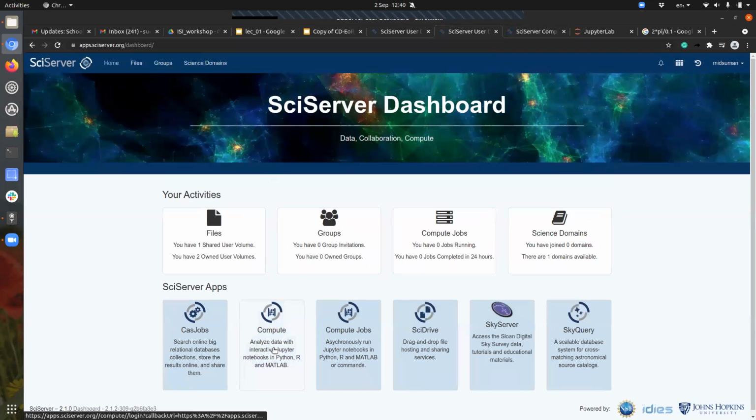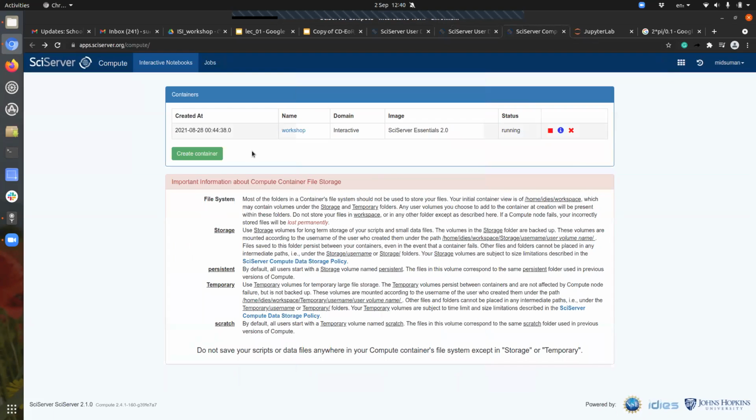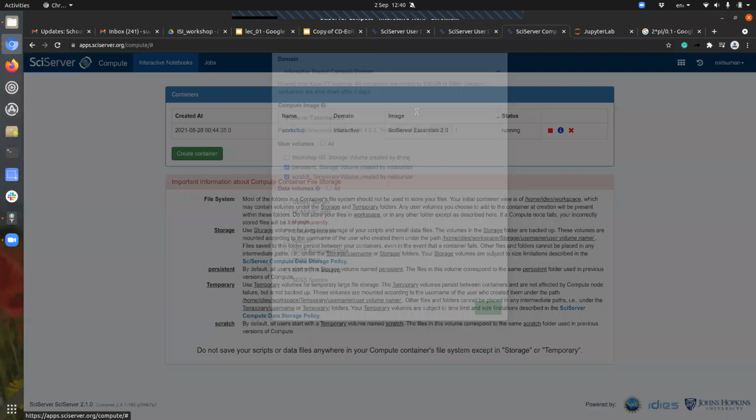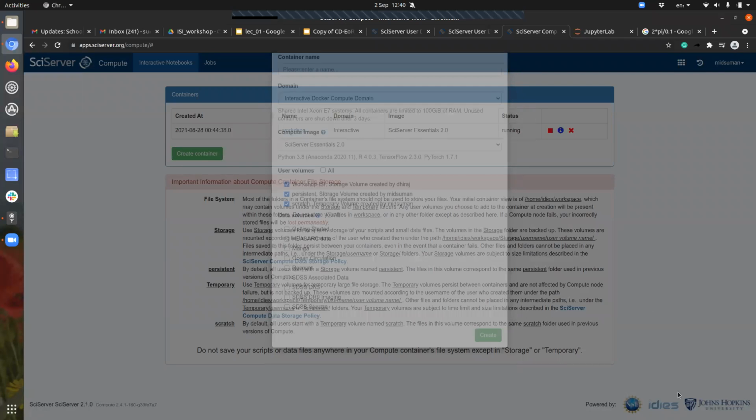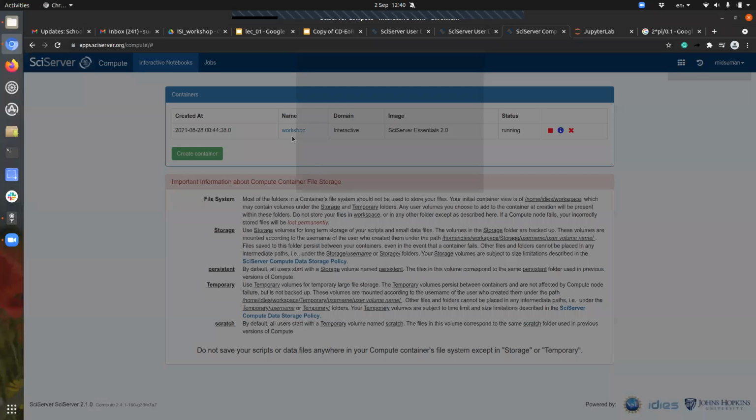So if you click on this compute button, there will be this kind of a list. If you already have a container where your ISI directory is linked, perfectly fine. You don't need to create another one. If you don't have one with that linked, create another one, linking this ISI directory. So you just create container, tick this one, give some sort of name, and then create the container. Okay. So once you have created the container,